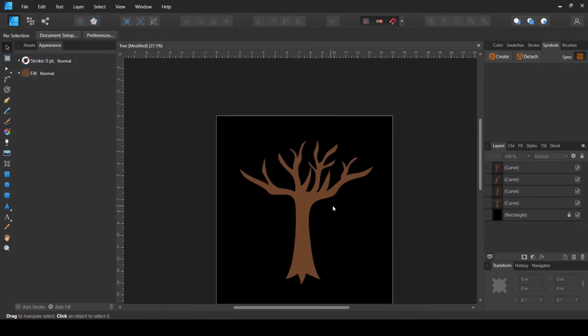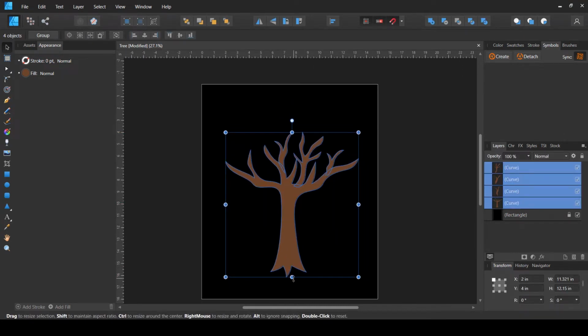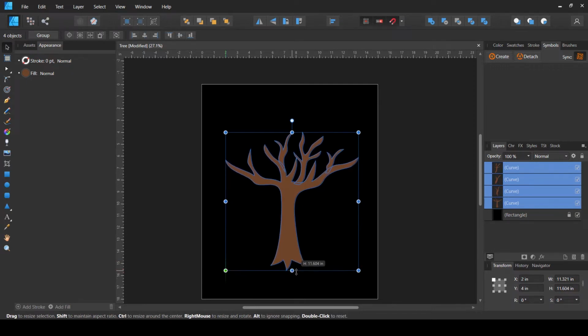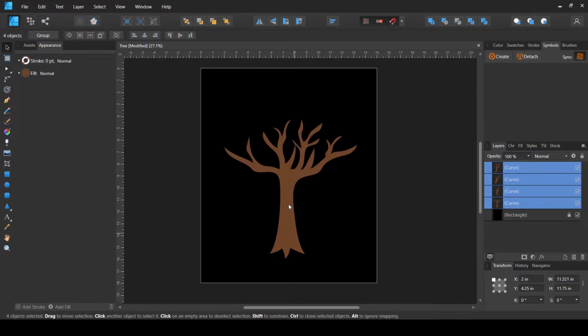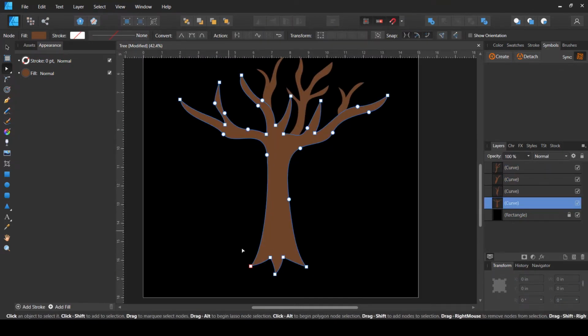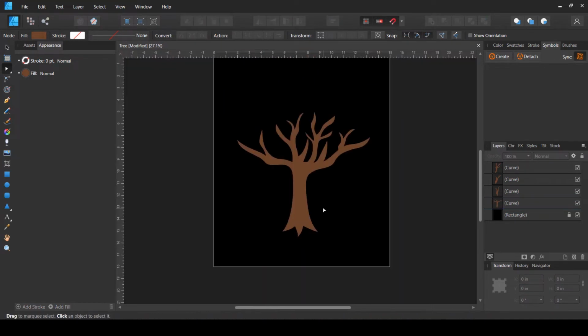And now we have a tree with simple branches, and either you can just group it together. I'm just going to squish it down a little bit because I want the branches and leaves to be showing more. So I'm just going to select these points and move them up so that the trunk is not too big. Yeah, this looks fine.